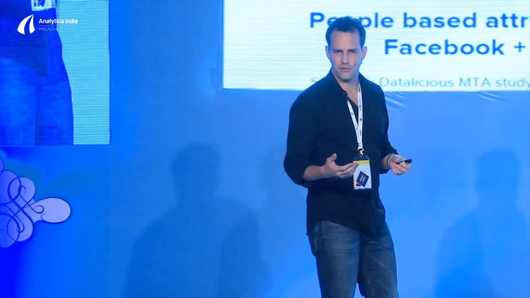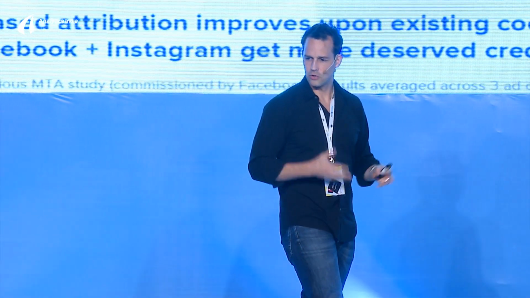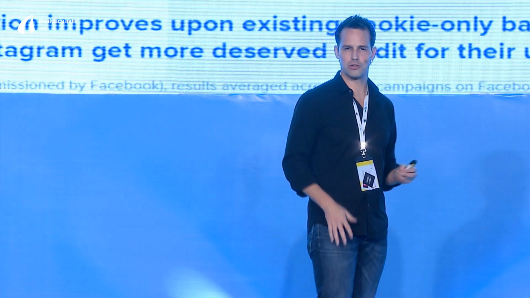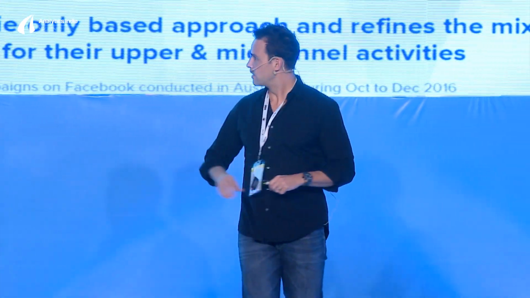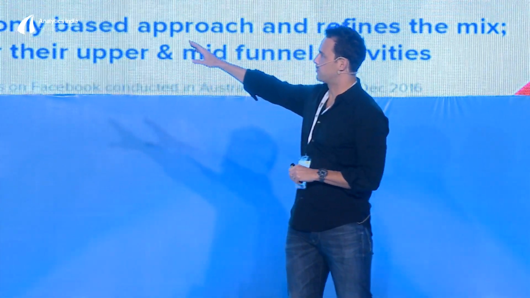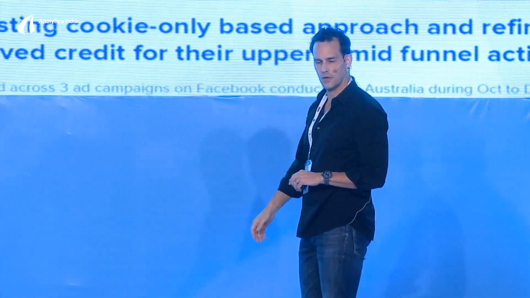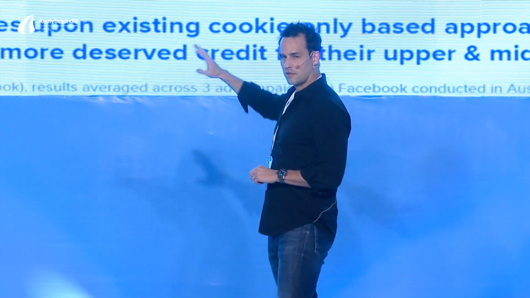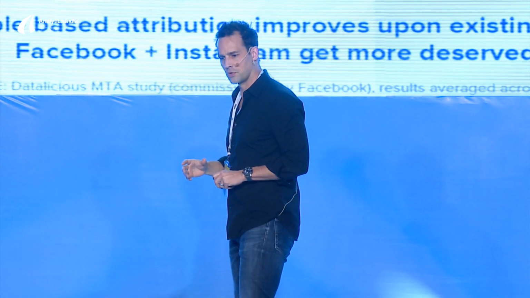If we look at the cookie-based world on the left-hand side, where all of the credit for a final sale goes to the last touch point, we call that cookie-based last-click attribution. All credit for a sale goes to the very last touch point. We think the majority of credit should go to channels like paid search and direct organic. This is the same data. It's just a different way of looking at it when you change the measurement approach.